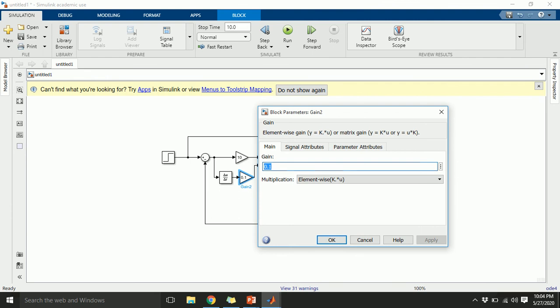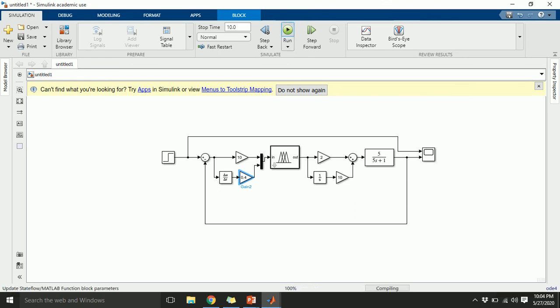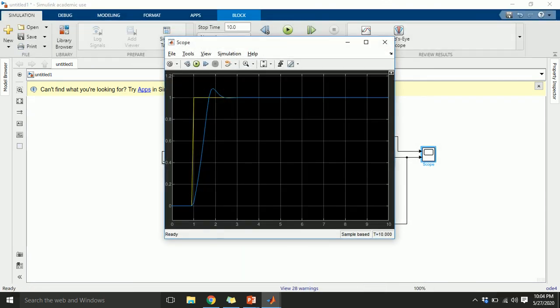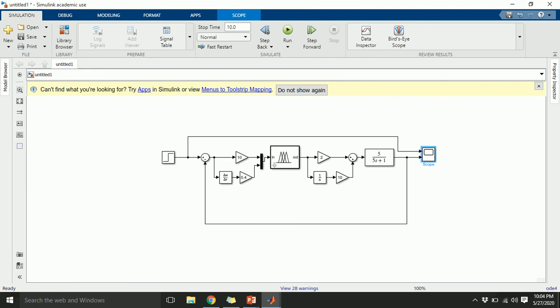And if I change this to 0.4, let's see what happens. Yeah, it's slightly better than what we initially had. So in this way you can tune your fuzzy PD controller or fuzzy PI controller, or you can also create a fuzzy PID controller. Okay, so that's it from my side.